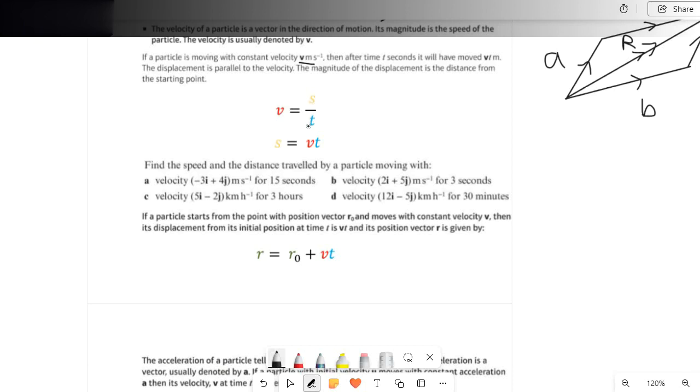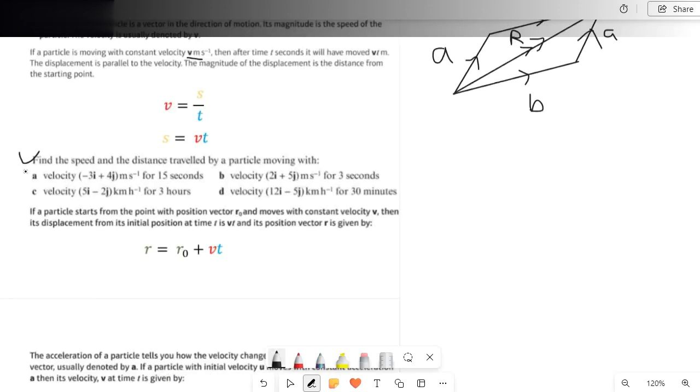So therefore, if the velocity is constant, we can say that s, or the displacement, is equal to the velocity multiplied by time. So now let's do an example question which says to find the speed and the distance traveled by the particle moving with a velocity being minus 3i plus 4j